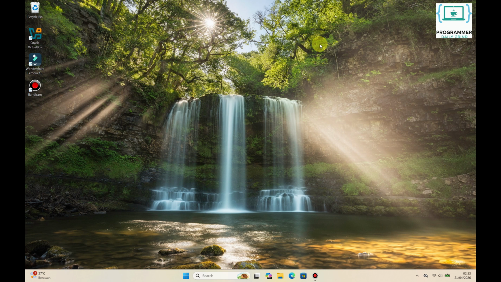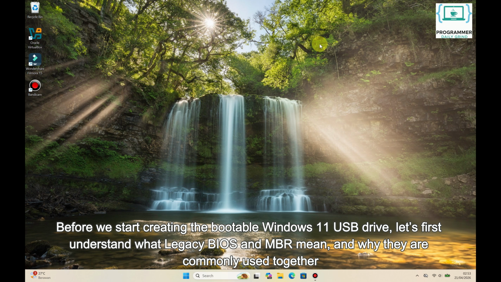The best part is that you don't need to use any third-party software such as Rufus or other USB creation tools. Everything can be done using the tools already available in Windows. This method is useful when you need a Windows 11 USB drive that can boot on a computer using legacy BIOS instead of UEFI. Before we start creating the bootable Windows 11 USB drive, let's first understand what legacy BIOS